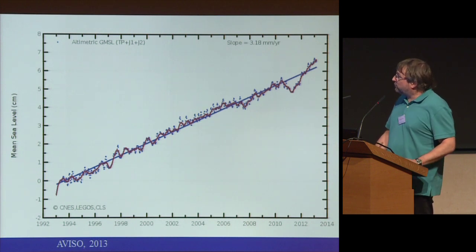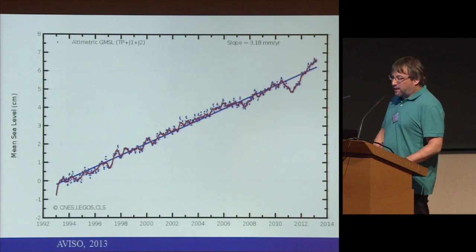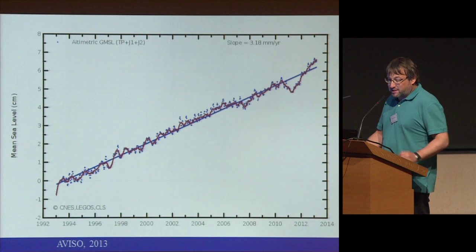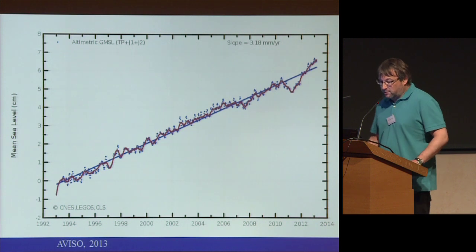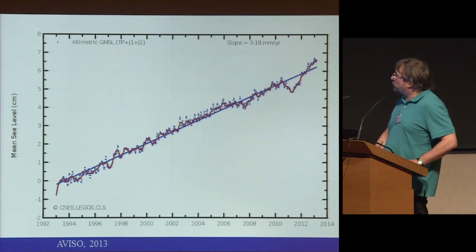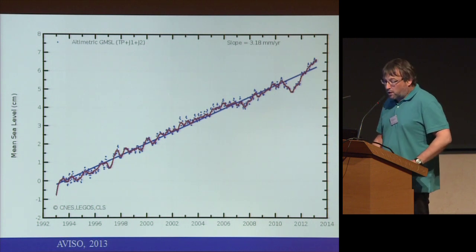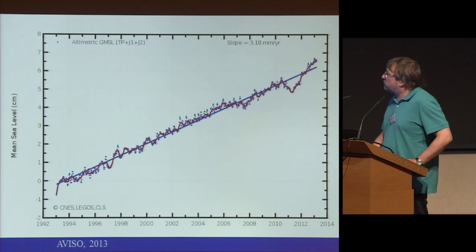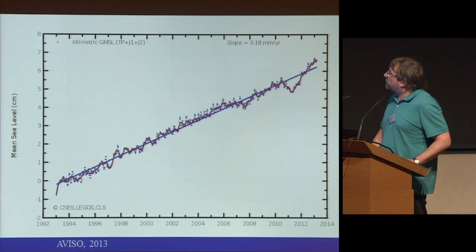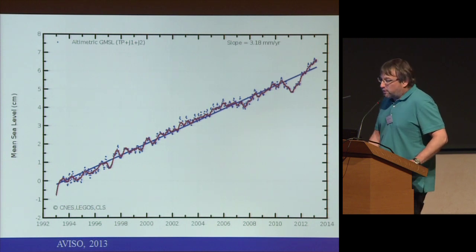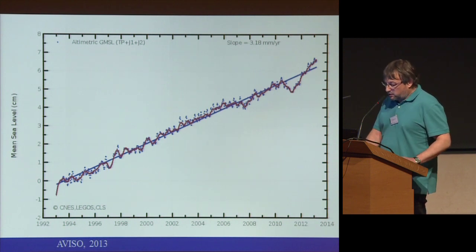I hope you like this picture. It has been shown many times today. Actually, this picture shows the mean sea level, the latest version that is present on the Aviso site in Toulouse. And actually, the mean sea level as observed from satellite altimetry for almost 2 decades doesn't show very much decadal variability, apart from the general trend of 3 and something millimeters per year. It is mostly at interannual timescales.